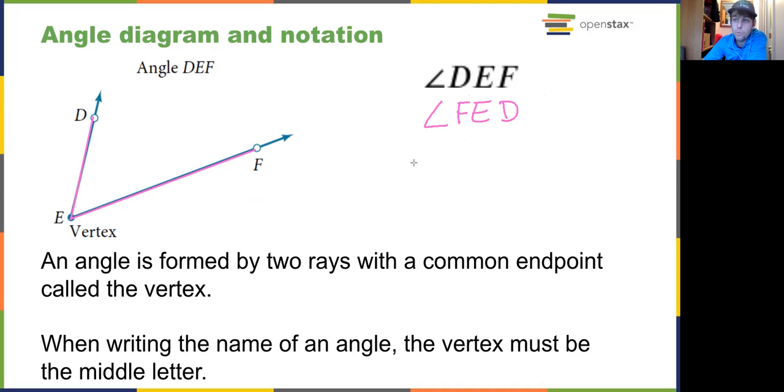We could also reference this particular angle as just calling it angle E. That would be another way to do it. In this case, there is only one angle here, but this is going to be less common. In general, we're going to be using those other two options there. The thing to keep in mind when naming an angle like this is the vertex, the point that is the vertex here, has to be the middle